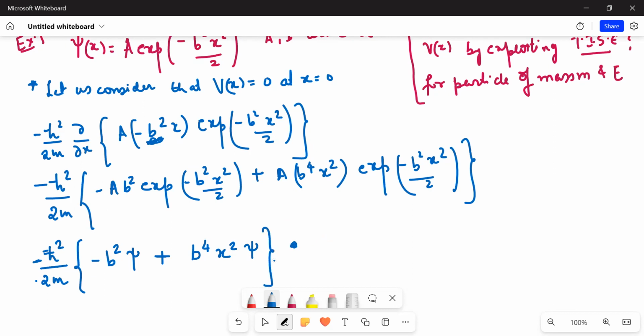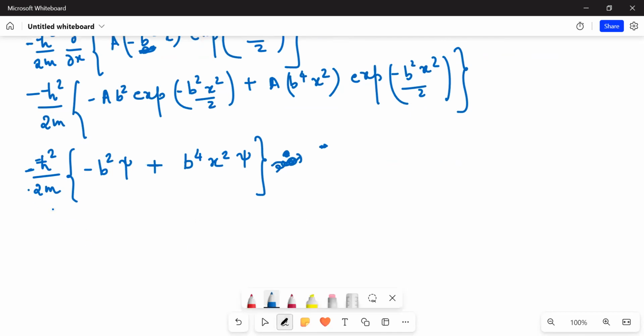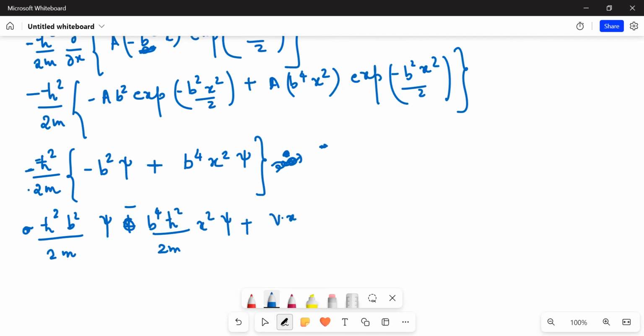This is simply the form of minus h bar square upon twice m del square upon del x square. So what I'll do is write this here: plus h bar square b square upon twice m psi, minus b to the power 4 h bar square upon twice m x square psi, plus V of x